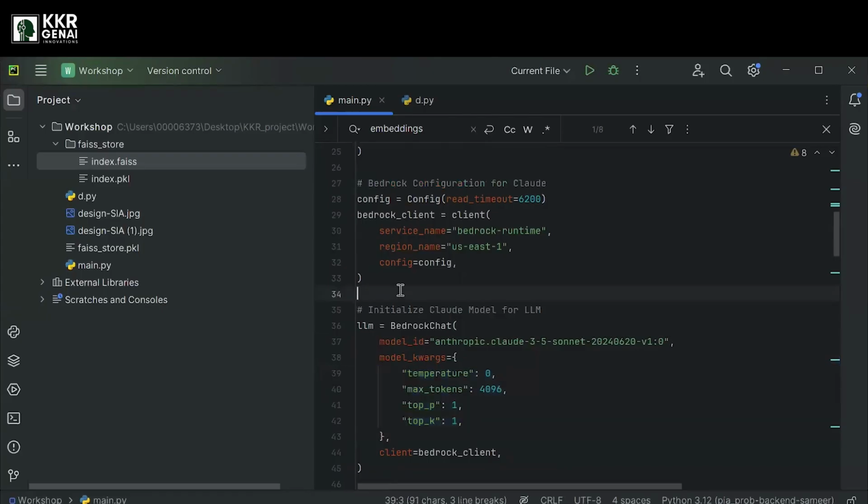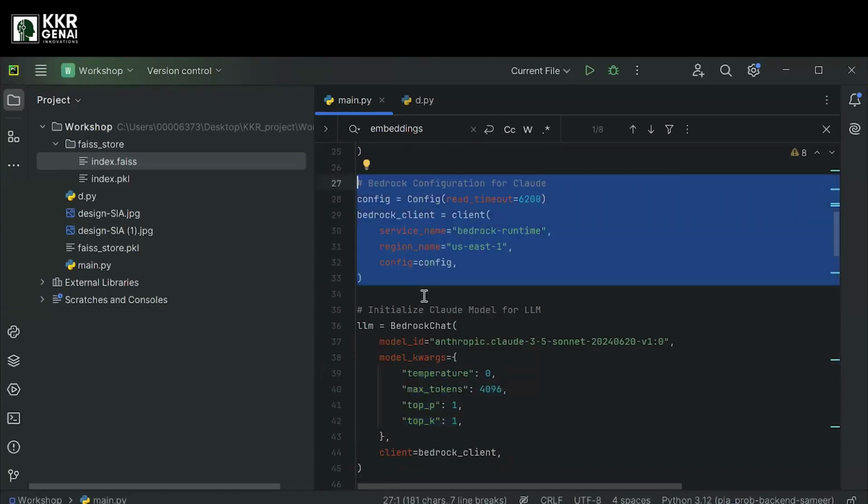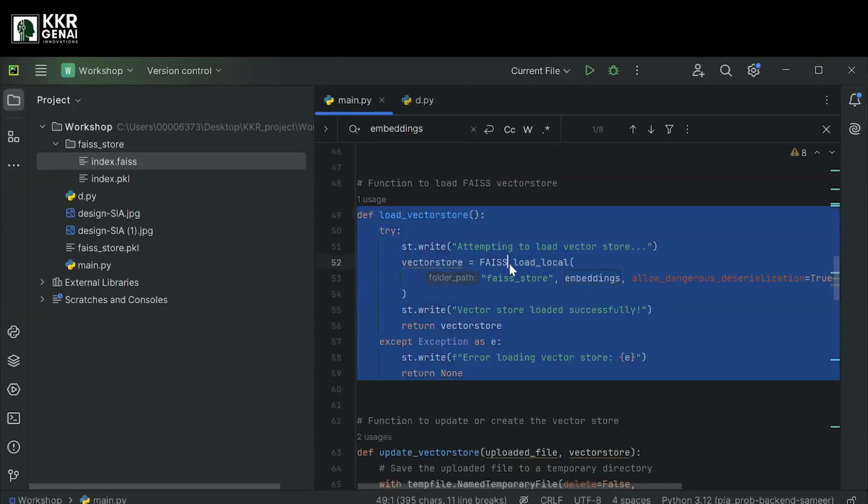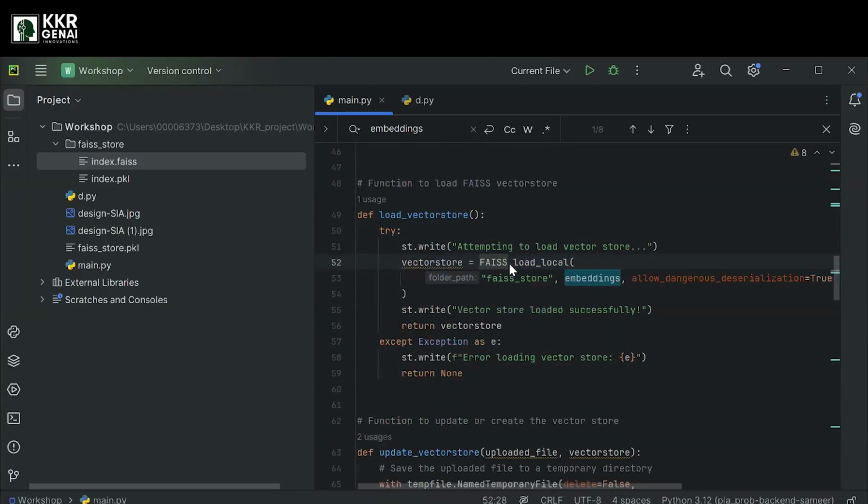This is the connection string we use to connect to the specific provider. And these are for loading vectors: if you are using FAISS, this is how we can use this implementation on the coding side.